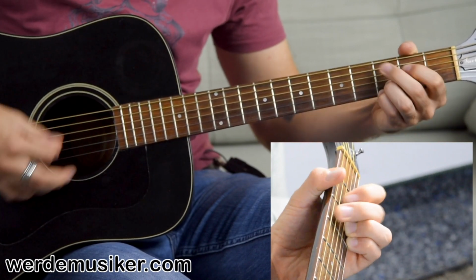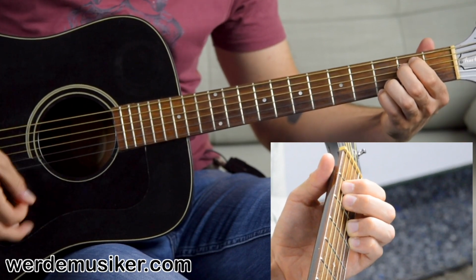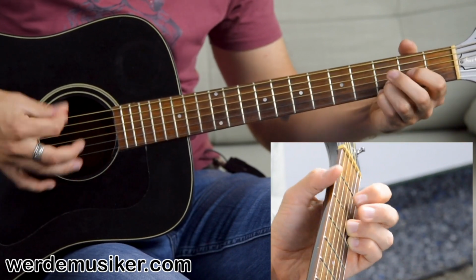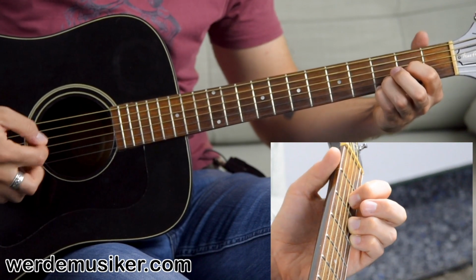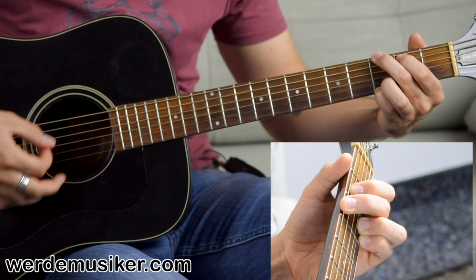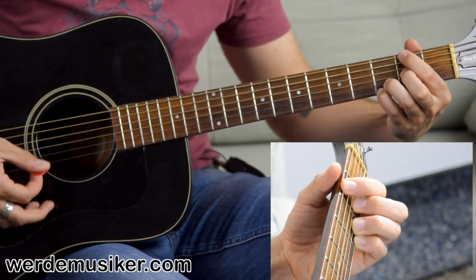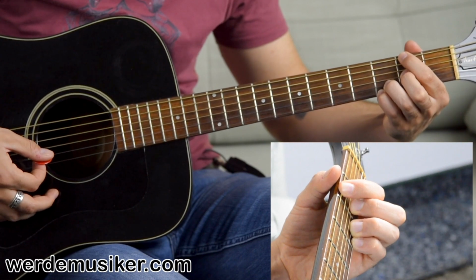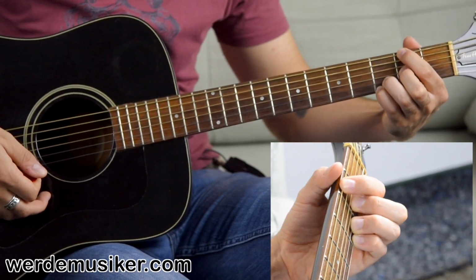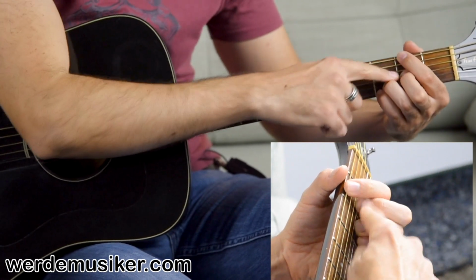C, C, the third time. And the third time we go on C, D, and then we go to G. And then we go to a new chord, which is D with F sharp in the bass. So we leave everything where we are,